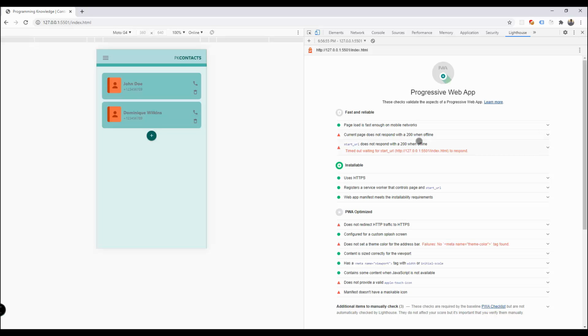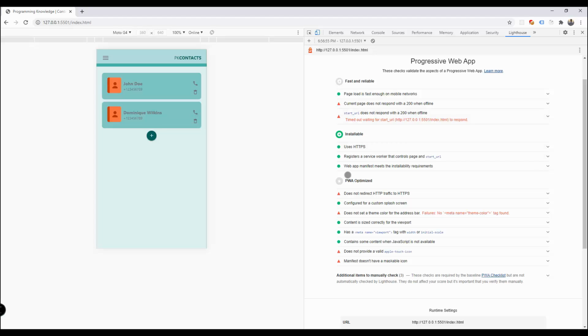So basically our app should be able to respond with a 200 status even if the browser or device is offline. So we need to configure that or add that feature, and then we need to address this start URL also, and we also have the